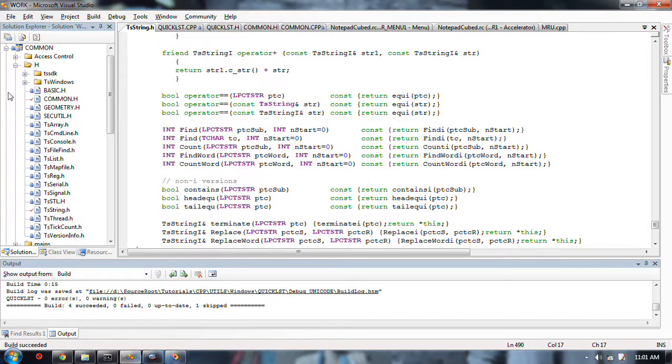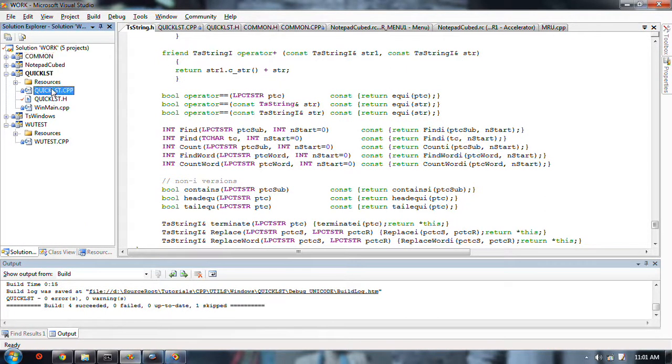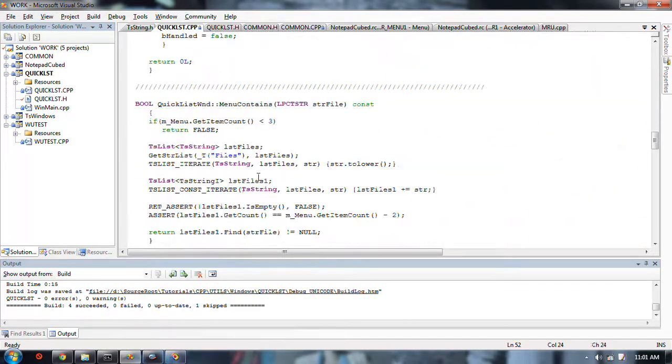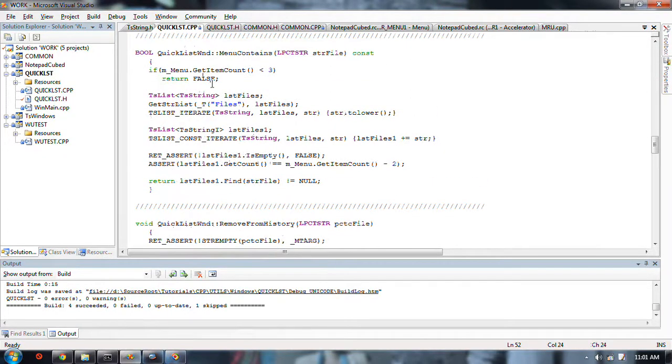So a list of these objects, and just to prove it to myself that it was working, I used it in here while I was doing this. Menu contains string. I didn't get the string from the registry, and I put them all to lowercase and then added them to a list of these new types of strings just to see if it's working, and it's working fine. So the return value of this is find string, just the regular list find.